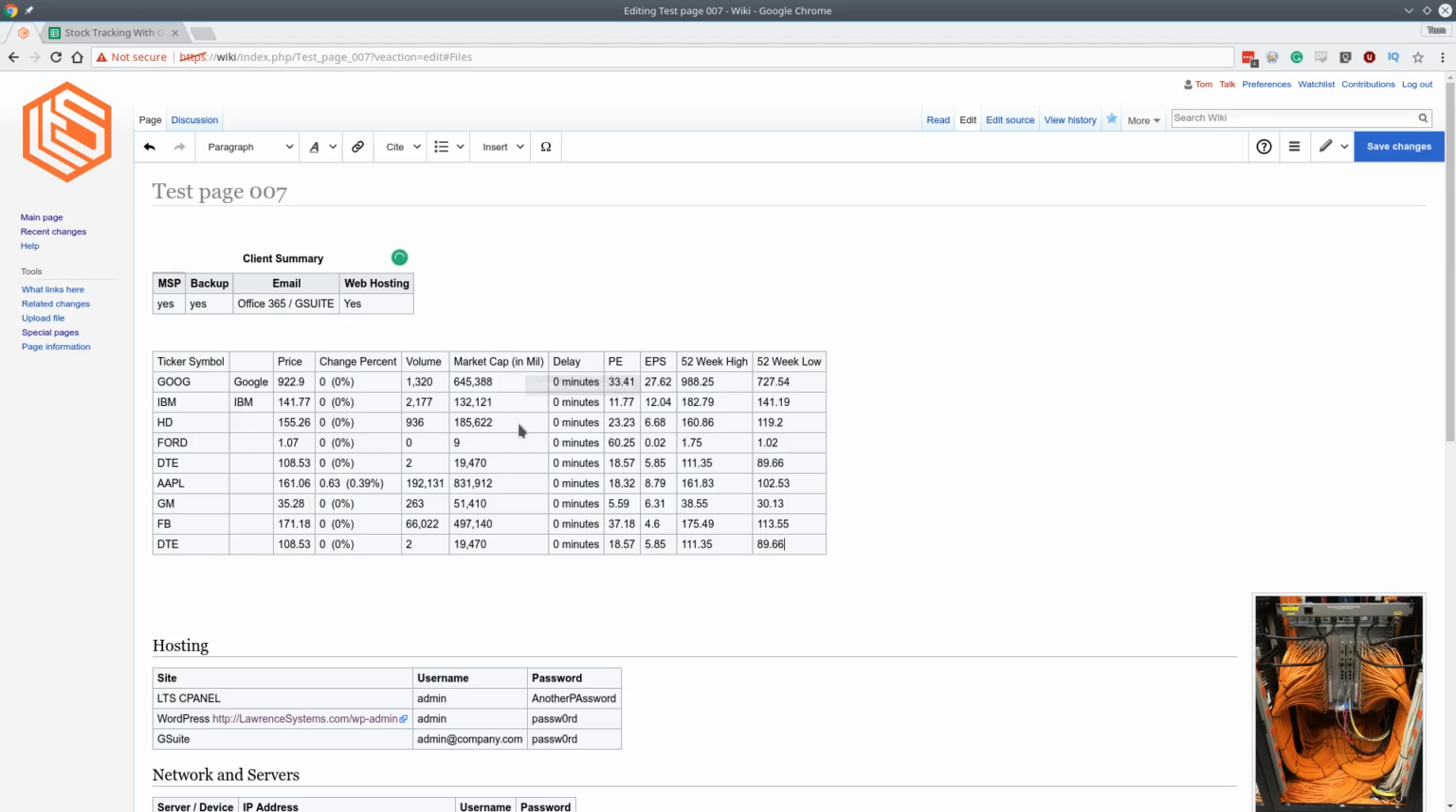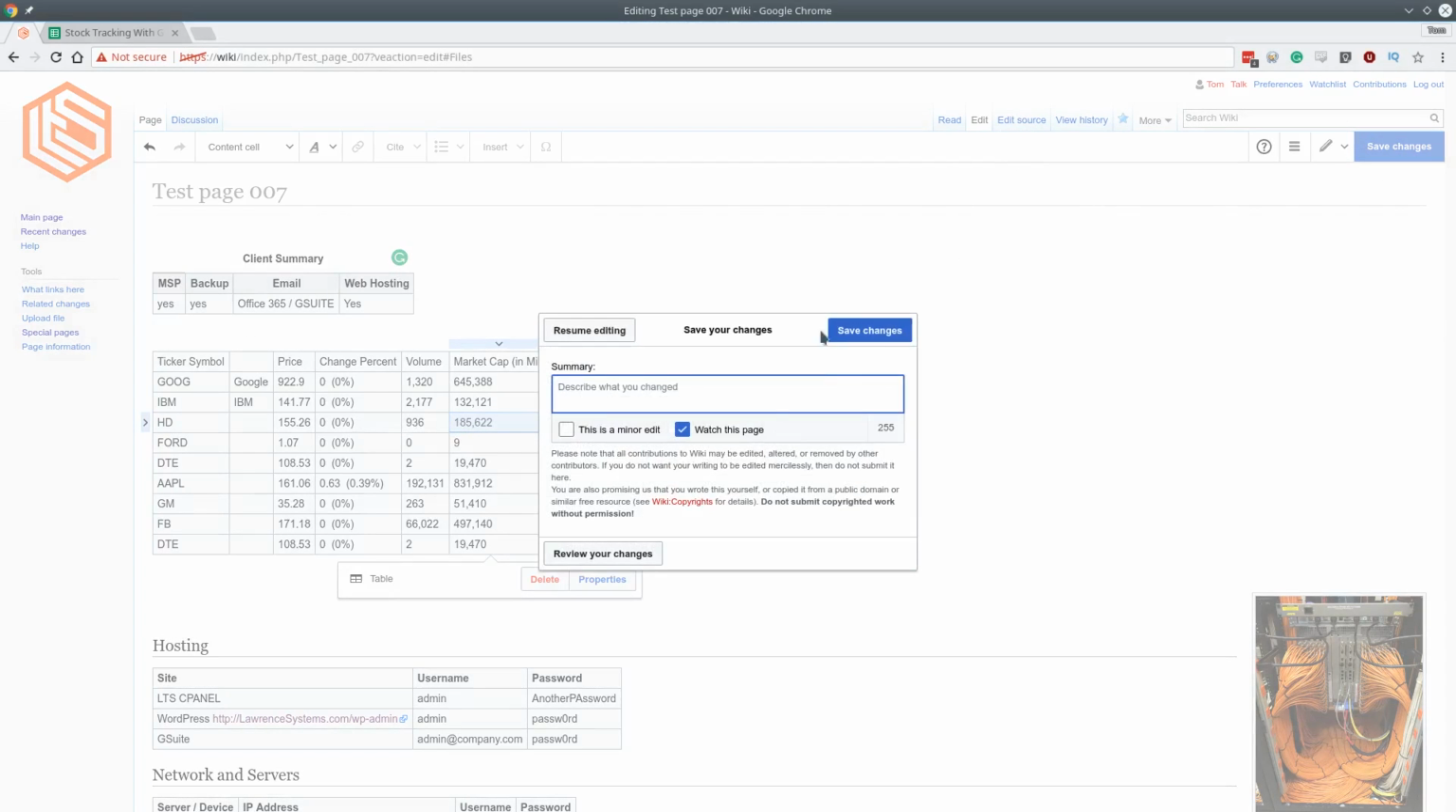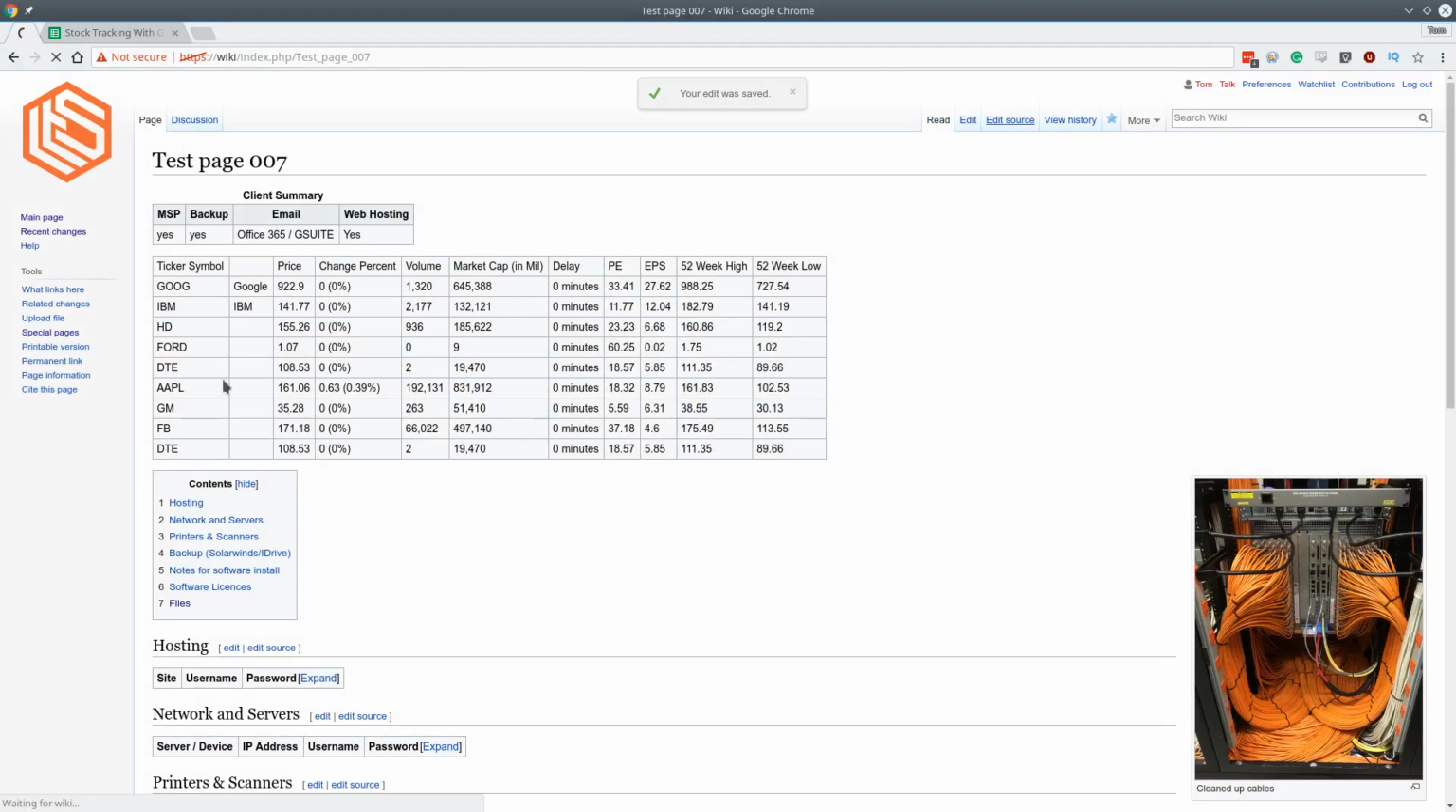And just do a paste. It's a standard wiki table. Now, one of the things I'll show you, if you look at this, we're going to go ahead and save the changes. Save. And when we look at the source,